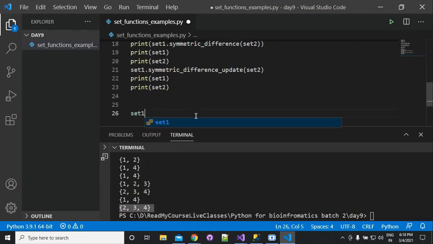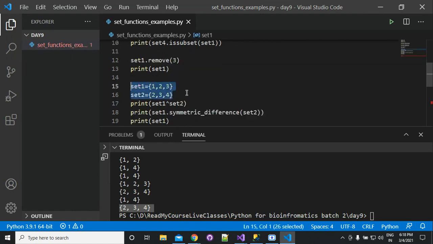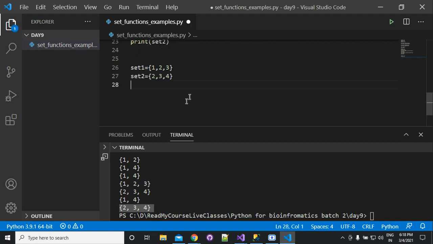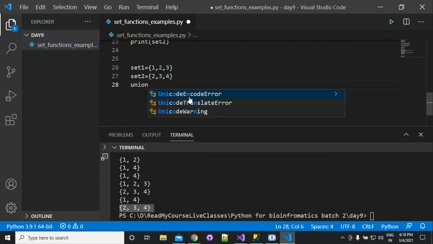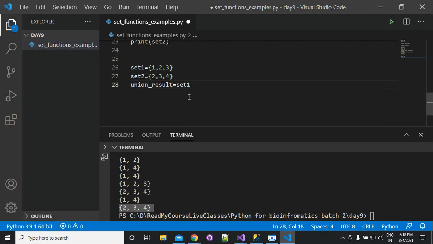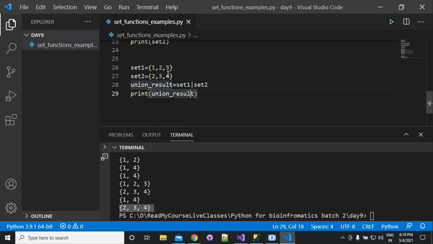Suppose we have set 1 and set 2, 1 2 3, and if you want to get the union, then you can just write union result is equal to set 1 and then union set 2. If you print union result, it will give you the union between set 1 and set 2. What is the union?